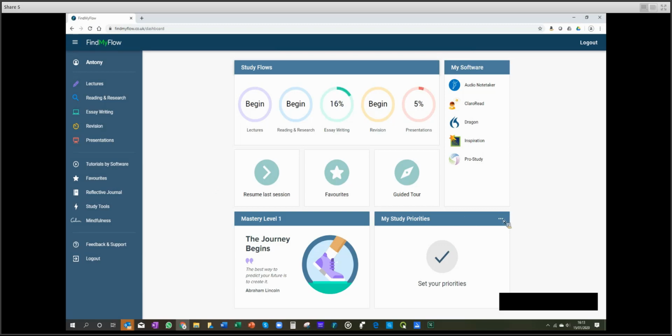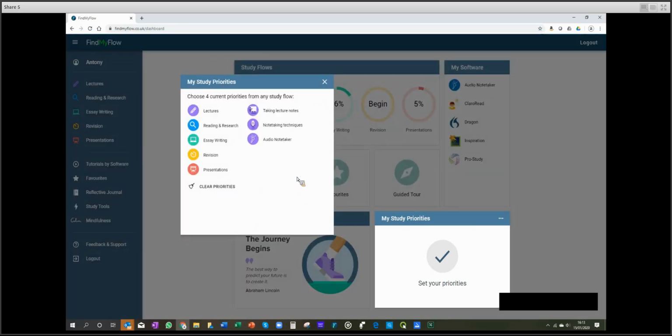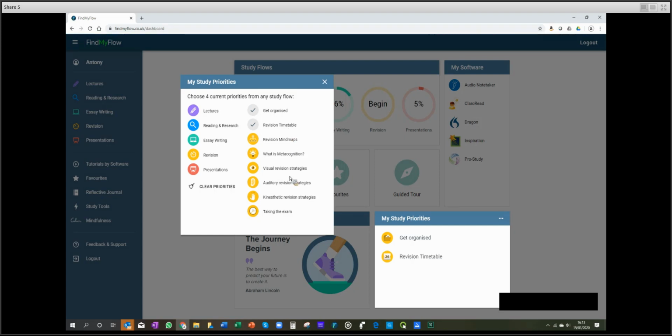And study priorities. So as mentioned, if you're working with a trainer or a tutor, or working independently, one of my key things when I was at university was always revision. I was a nightmare at revision. So what I want to do is get organised. My revision timetable I always fall over on, and taking the exam. Those are my study priorities, and these change throughout the course of the